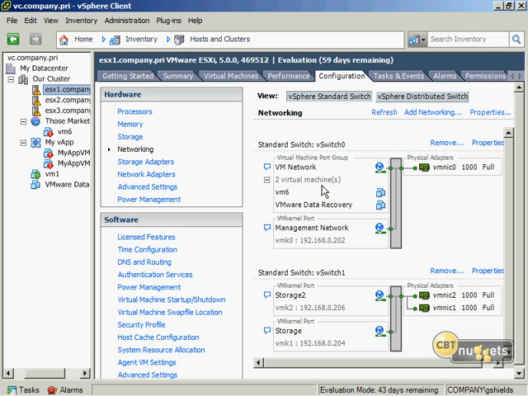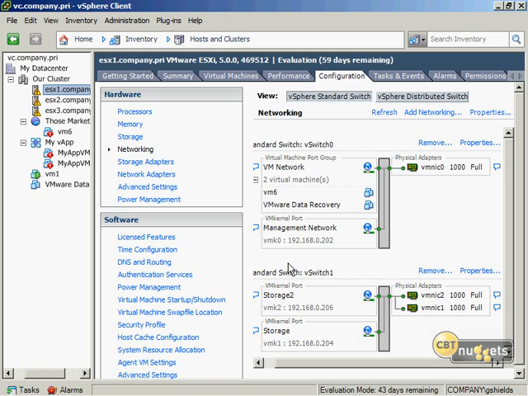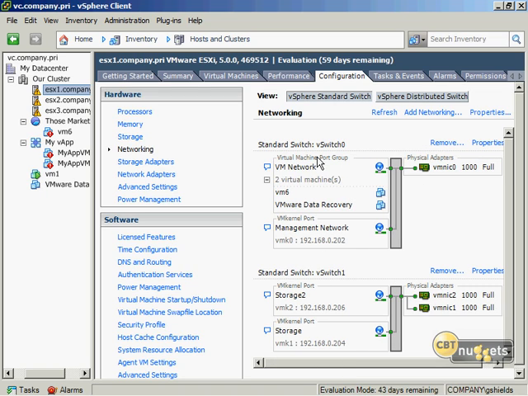So here we are in the vSphere client, same 3 hosts and 1, 2, 3, 4, 5 virtual machines running here. VM1 is currently running right now. This is the standard switch that we created before, 2 of them. The first one here at the top is the virtual machine port group for the VM network, and then the VMkernel port down here at the bottom for our management network. And then we have 2 more ports over here for storage that we've got all nice and teamed together. So we've got iSCSI storage that's teamed